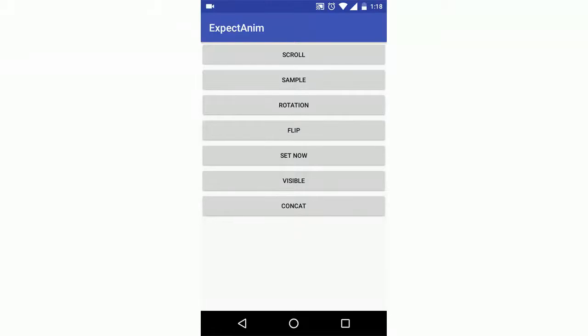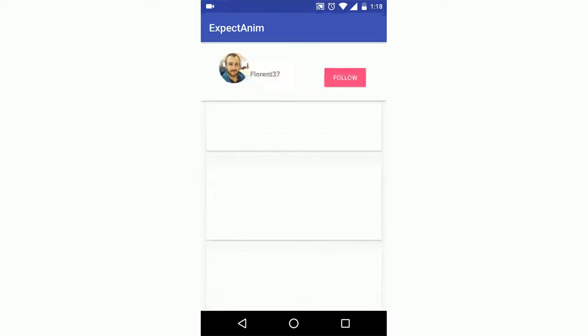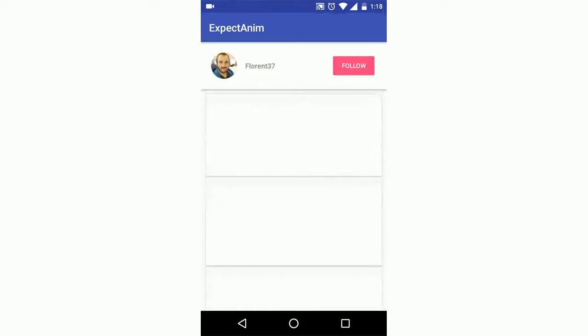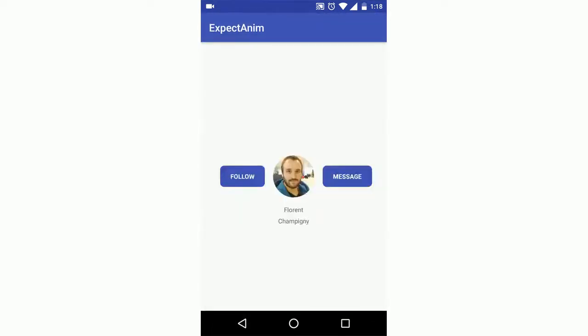ExpectAnim library is very useful for creating animations. Let's see it in action. I'll click on scroll button, and as I scroll up, you can see the animation kicked in. Sample, clicking on message,